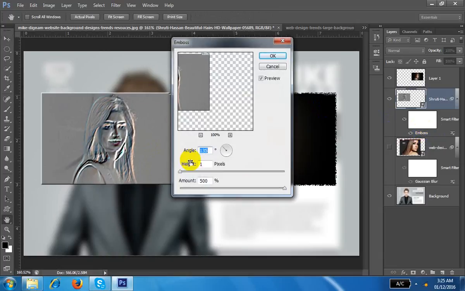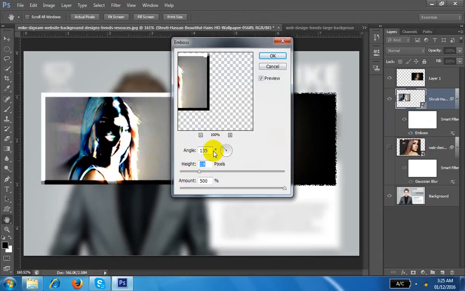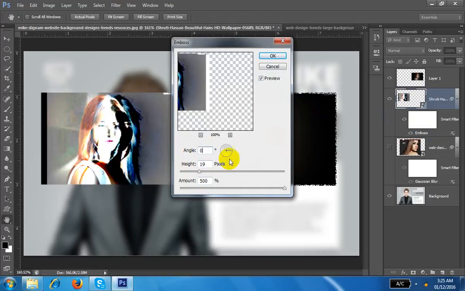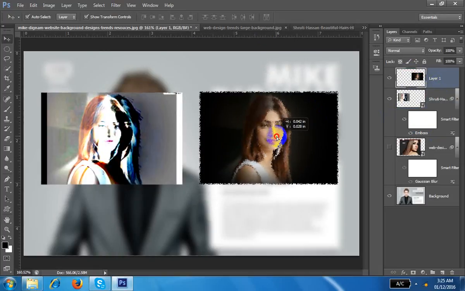Go to the emboss, double click, and you can make it better. You can change it if you require. Anything you require, you can change. But in the simple document, you don't have a change option. There is no option for change. Understand?